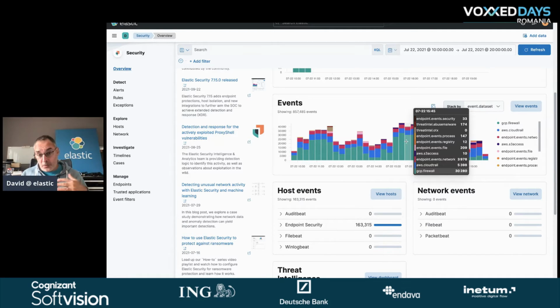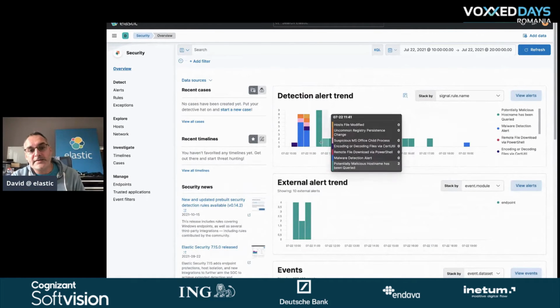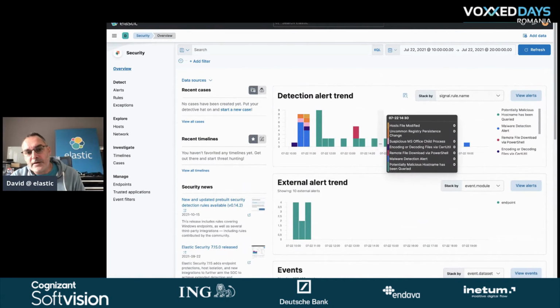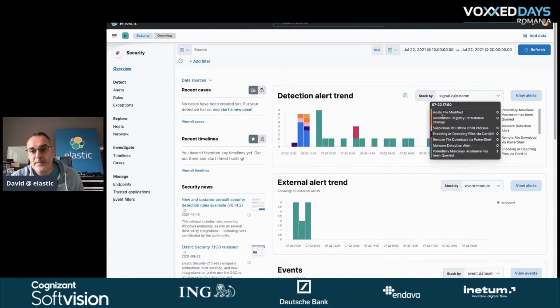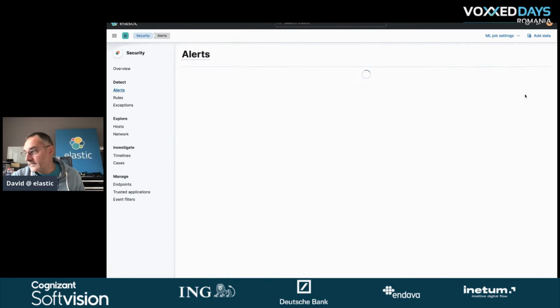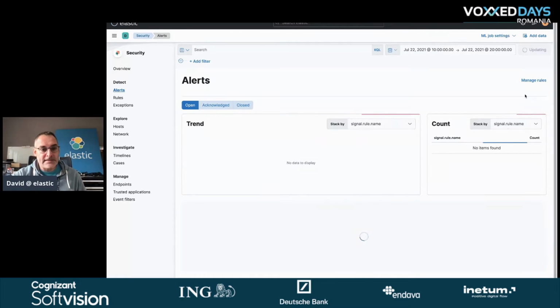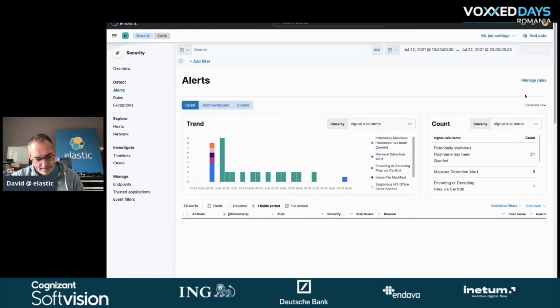We are parsing all those events to try to find if there is something malicious in what we are seeing. And this is the case here. We can see this thing happening. There is like a trend. Periodically, we can see that a malicious host apparently is queried. So we can go to the view alerts here and see in detail what is happening.